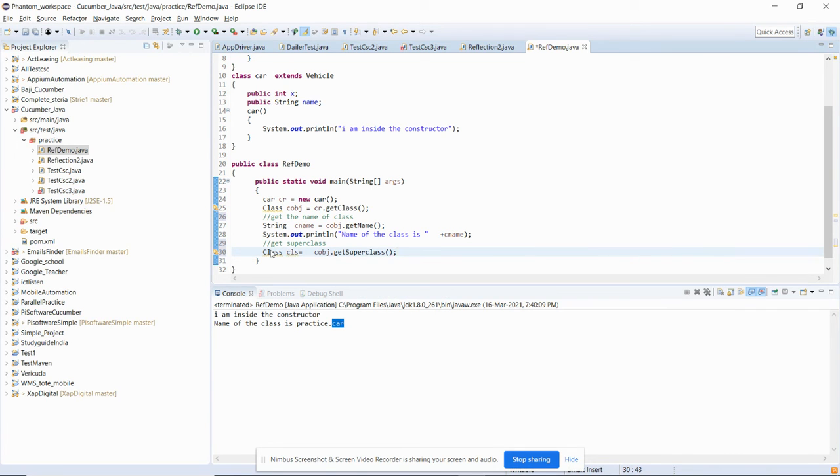So we have already created the object of my class, and then we have called the method getSuperclass.